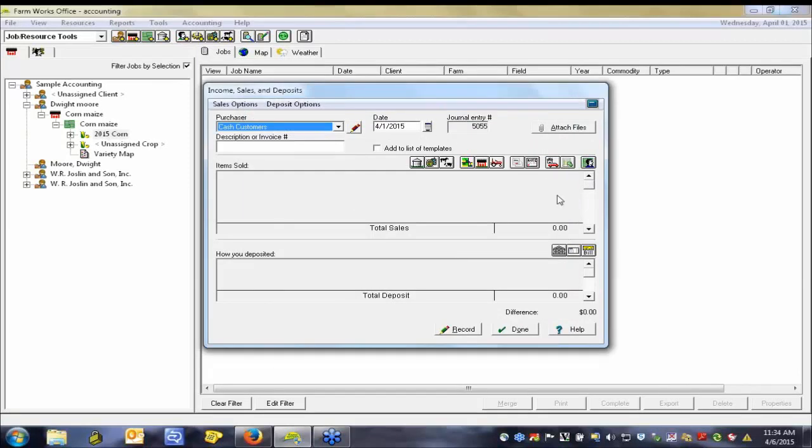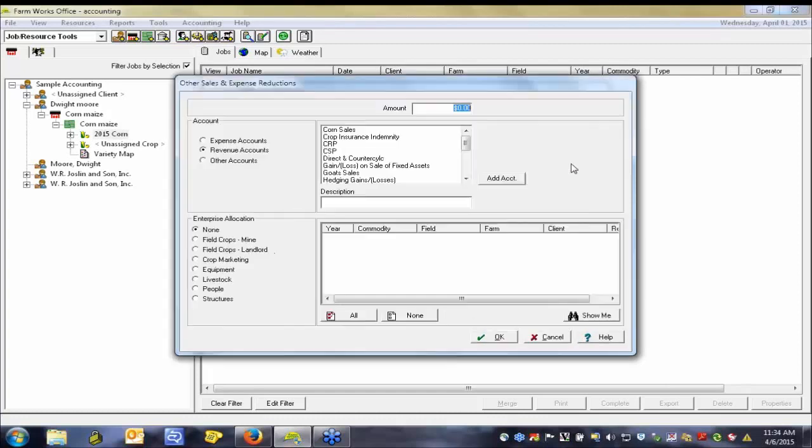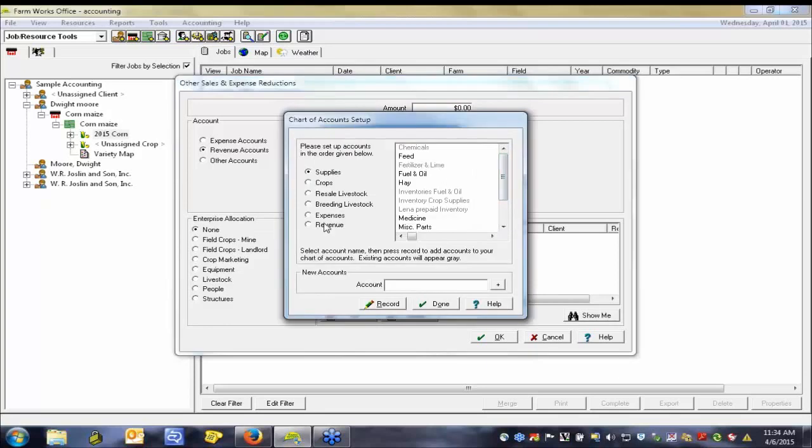We can set the date for whatever you need to, but we could go underneath our other sales and expenses here. We could either put it to corn sales if we wanted to record it that way, or we could add an account and go down underneath our revenue, and let's put in here corn maze income. We went ahead and added that account,